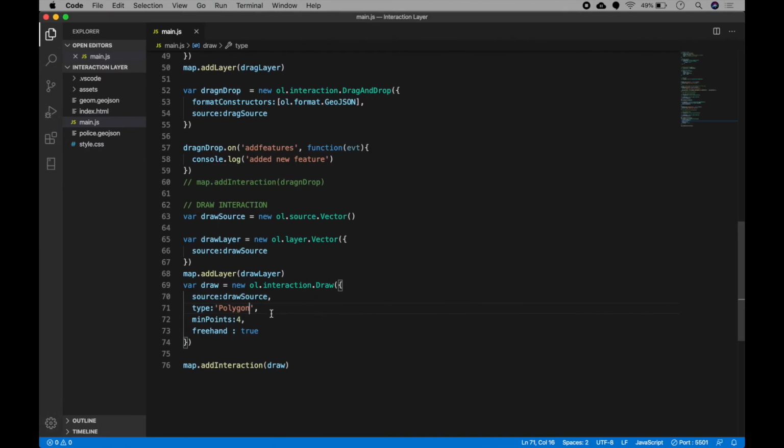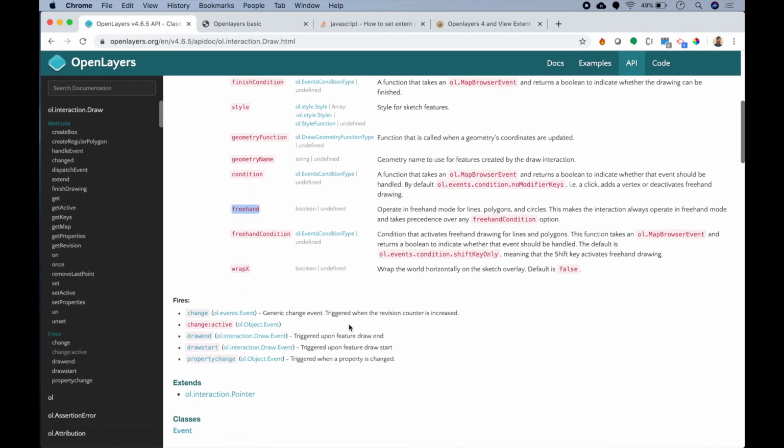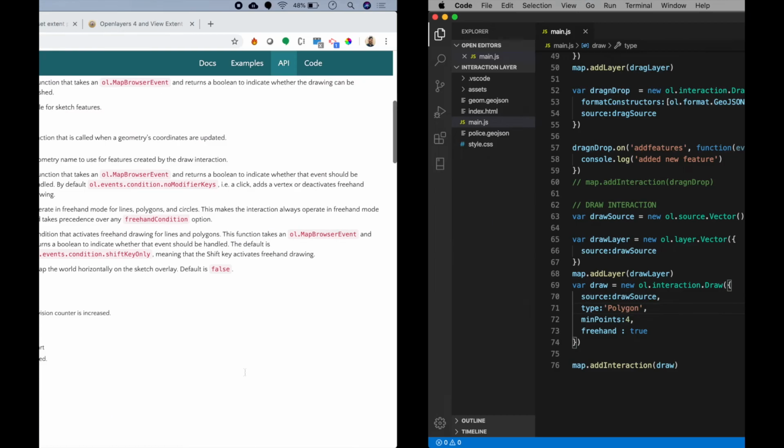We can also condition this freehand polygon based on a click and everything, but I think you get the idea about it, right? Now let's see the events that it can fire. So the most important one is the draw end event.